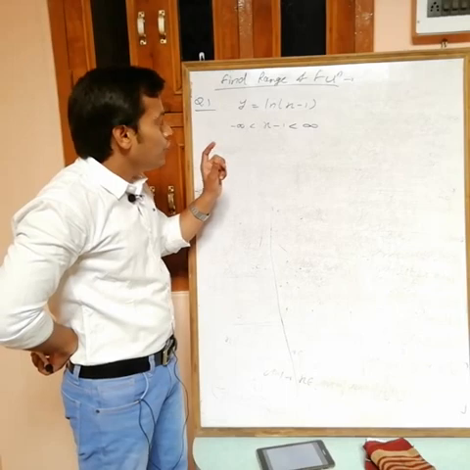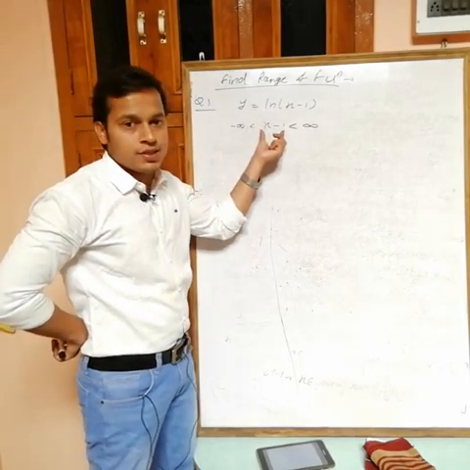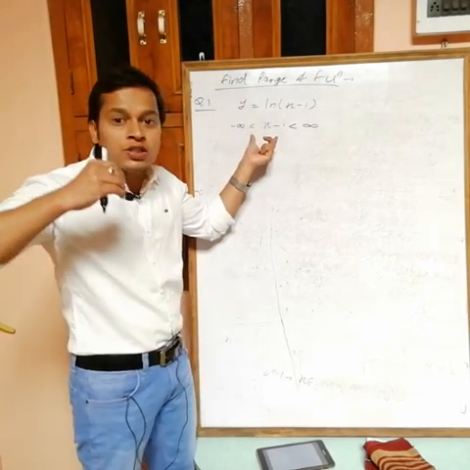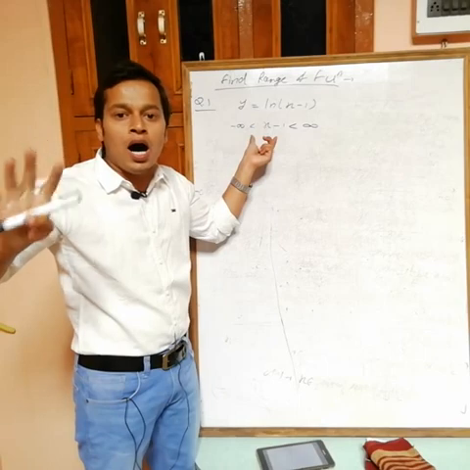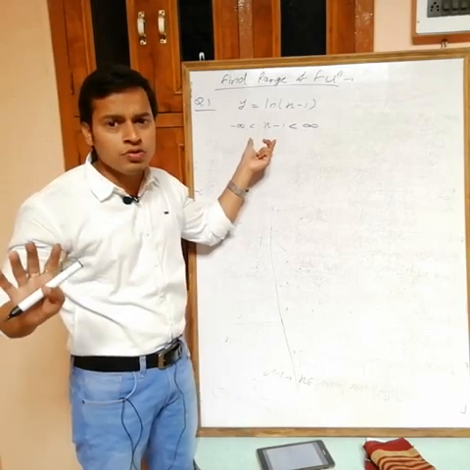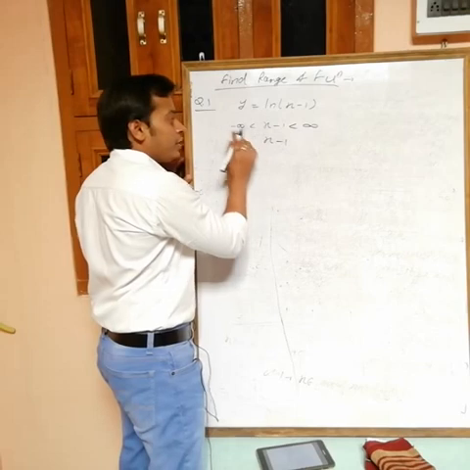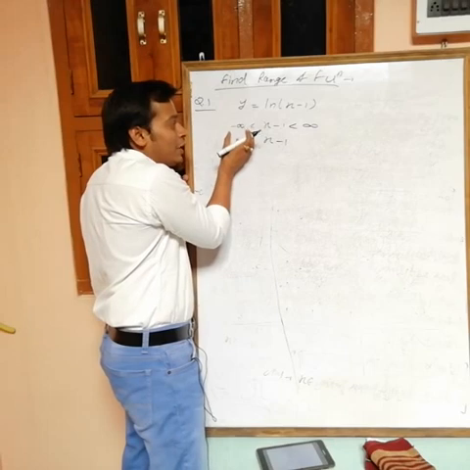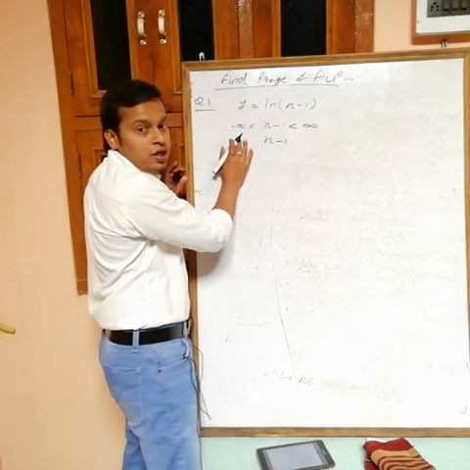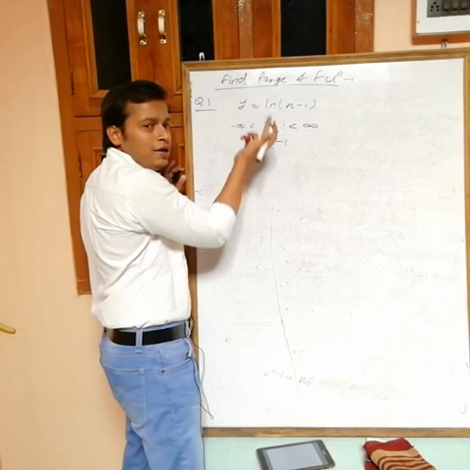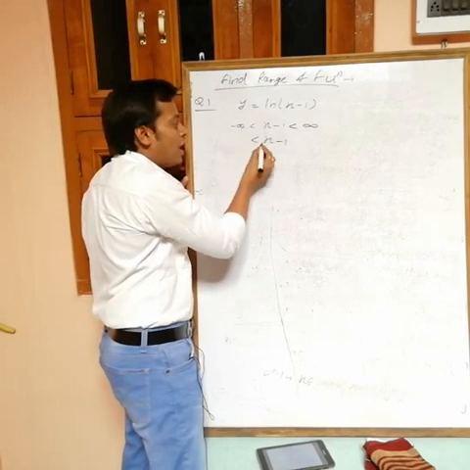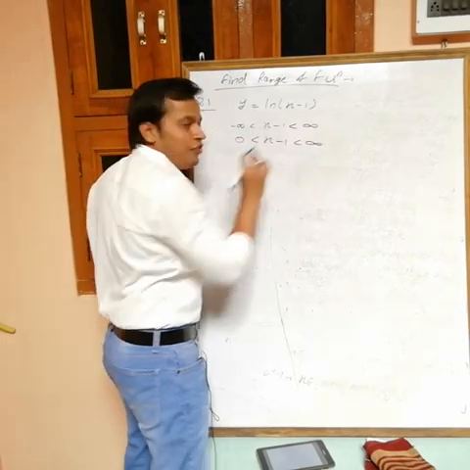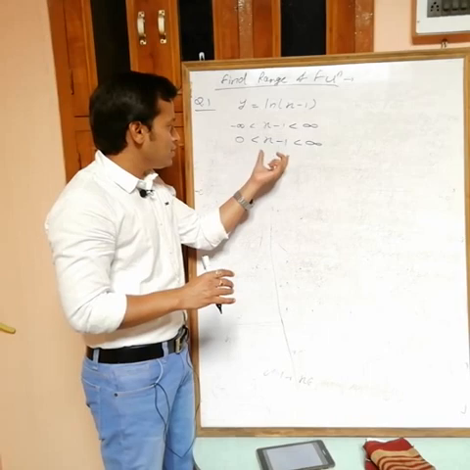But one minute, how can we take the logarithm at this time? Because logarithm is only defined for positive values. So first I have to exclude those values which are not positive. x minus 1 can take all values from minus infinity to plus infinity, but I can't include the negative values, because if it is negative then logarithm is not defined. So x minus 1 can take 0 to infinity. In this case it is positive.